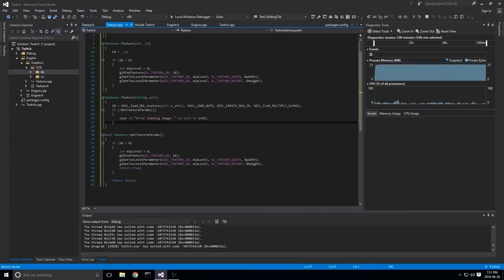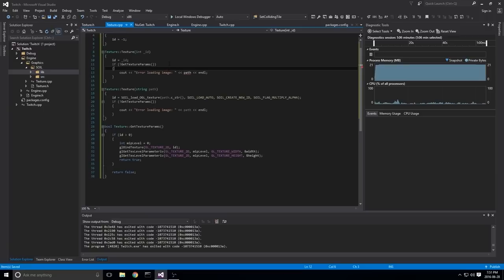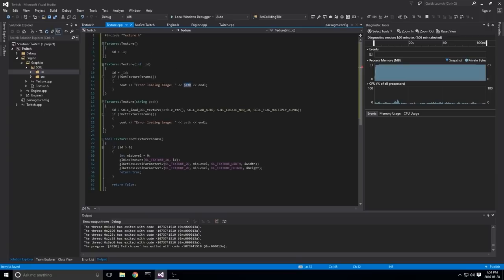And so now by doing that, we can actually do that up here as well. So this is regardless of where we load it. In this way we don't have an image, so we'll just say error loading image with ID, and we'll just pass the ID. Perfect. Okay, I think I like this better. So now this is just getting the texture params that either can or cannot do it. If it can't, we'll do this. Otherwise, ID, width, and height will be set up in both cases. Yeah, that looks pretty good. So that's pretty much it.